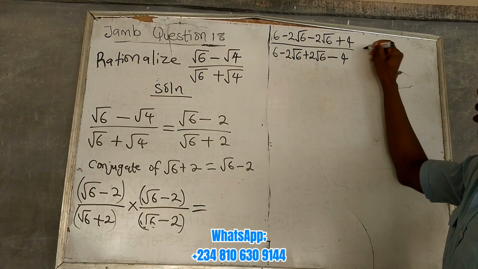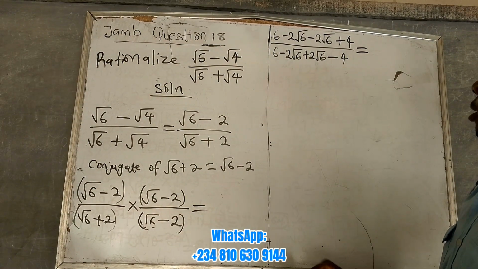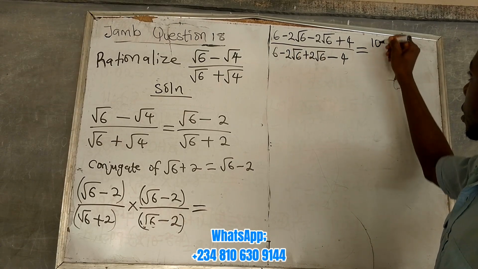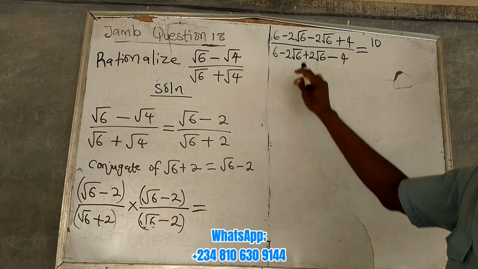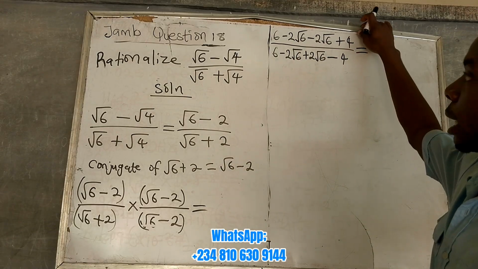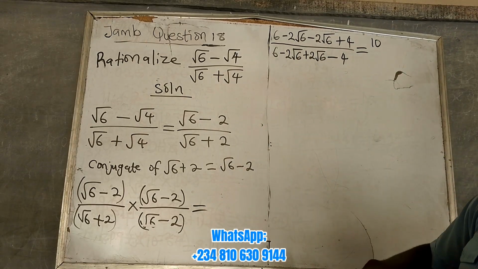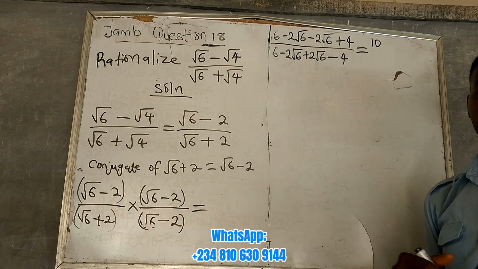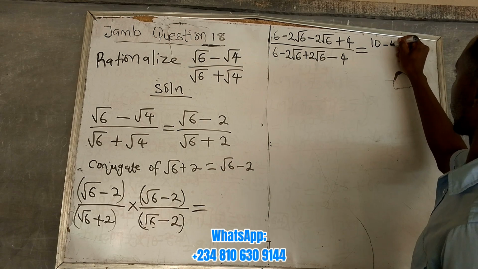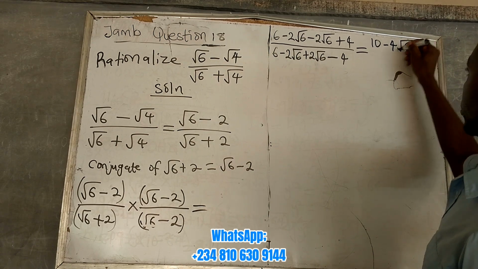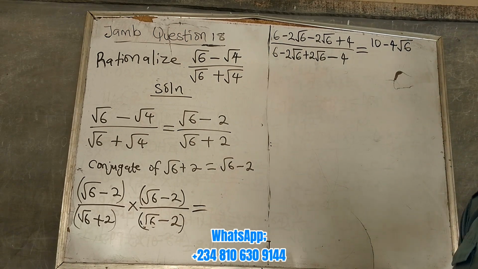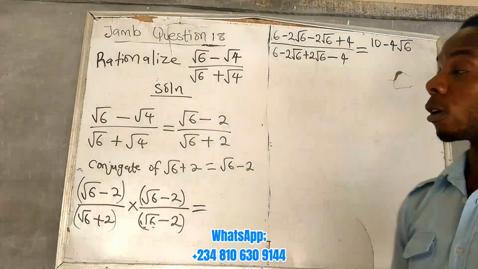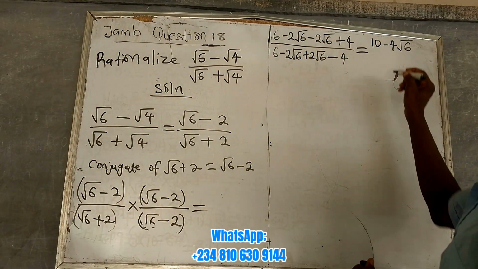Now, the next thing to do is very simple. 6 plus this 4 will give us 10. Then this is minus 2 root 6 minus 2 root 6. Now, this is minus 2 and this is minus 2 to give us minus 4. So this is minus 4 root 6 because they have the same root. So it becomes minus 4 root 6 all over